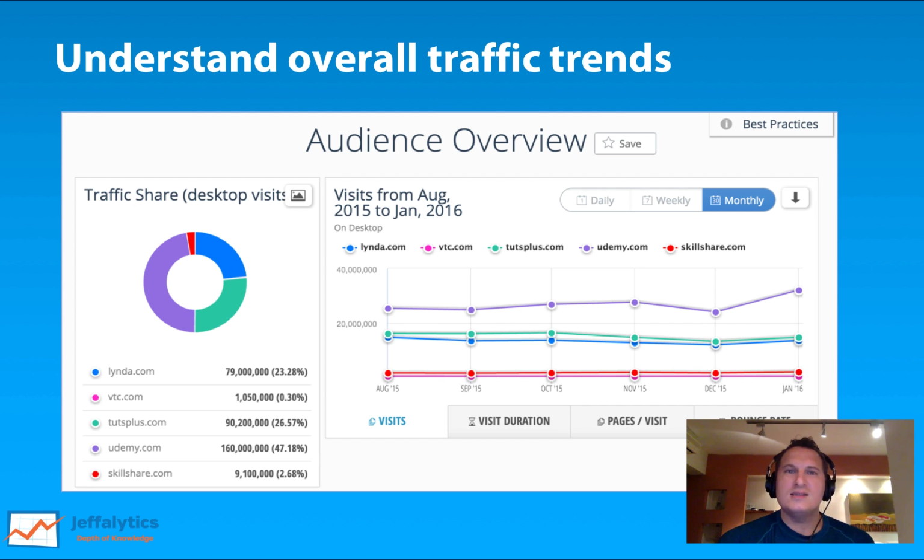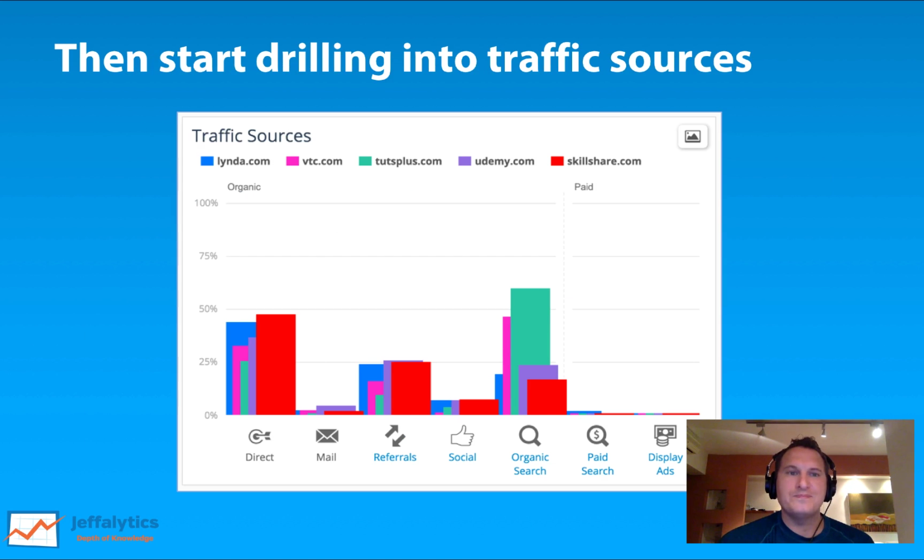Because budget, in some ways, is just a way of scaling up, because we are getting more resources, we're paying for exposure. We're doing some of these things that we had never imagined when we were just focused on ourselves. But now that we're looking at how we're doing compared to our competition, we can get a better understanding of how overall traffic trends are working. And then we can start drilling into some of these traffic sources and see, okay, is this really the distribution we're looking for? So that distribution of traffic sources is nice when you look at it from an industry perspective